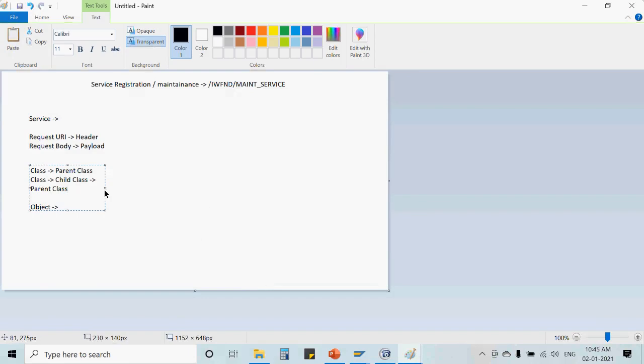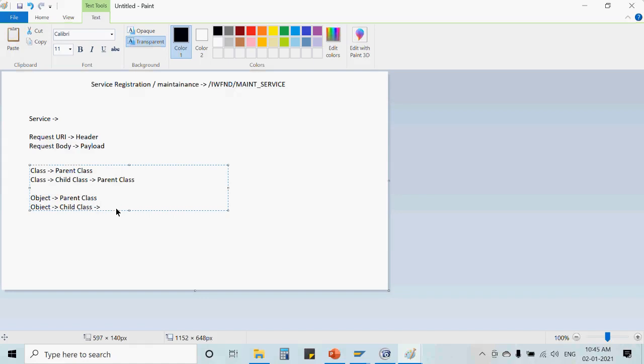Now if I define an object for the parent class and I call a method, then it will call the method from the parent class because the object is of the parent class. If I define an object of the child class